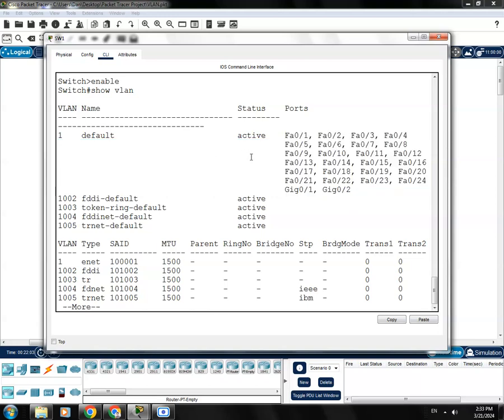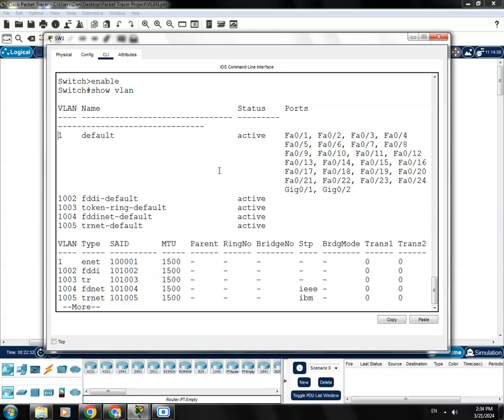So if we connect a computer on port 0/1 and another computer on port 0/2, they can communicate with each other as long as they are on the same IP network, because they are on the default VLAN, which is VLAN 1. However, if we create, let's say, a VLAN 2,